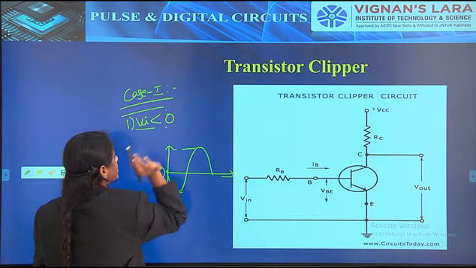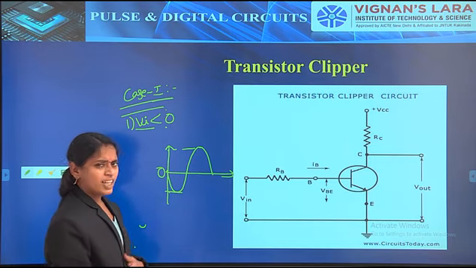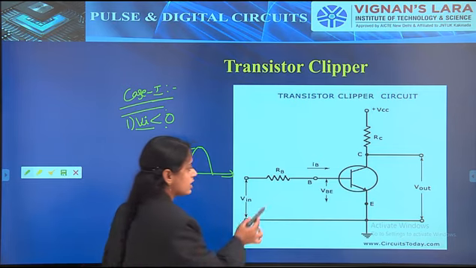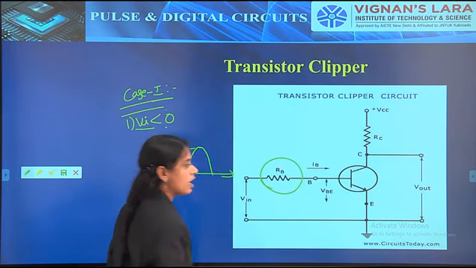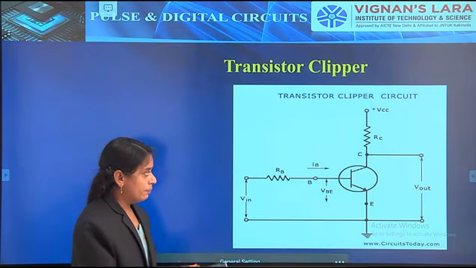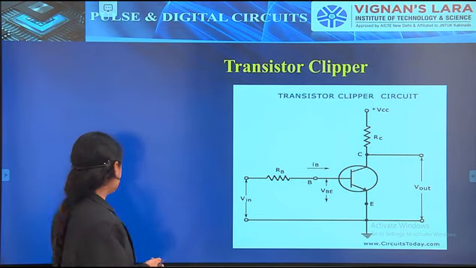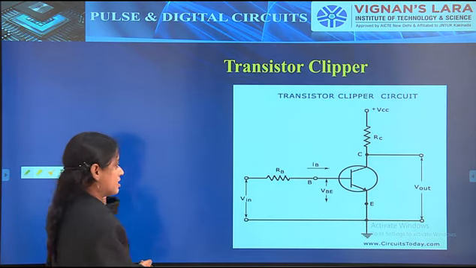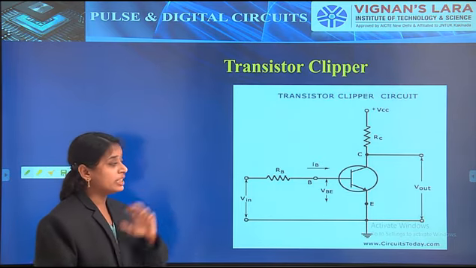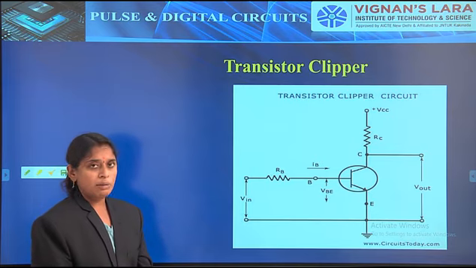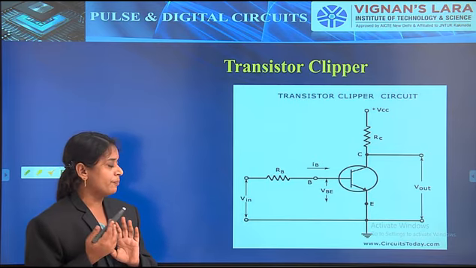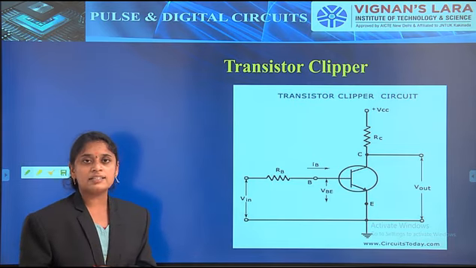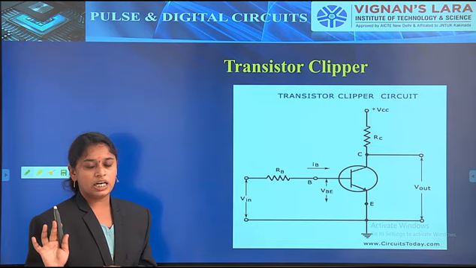The input voltage is less than V input, nothing but 0. What happens? So we have to observe. Before that, we know that this is RB, the base resistance. Simply we can say that the base resistance will be more compared with the transistor resistance. Why? Because for clipping performance, the base resistance will be as large as compared with the input signal. So that is the condition here.